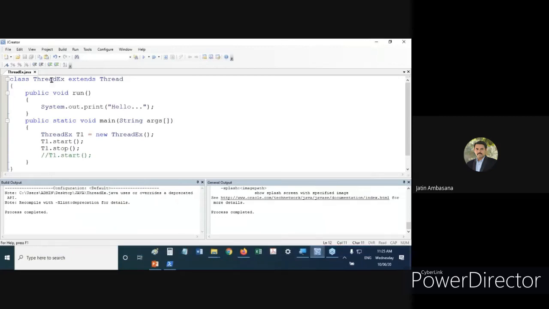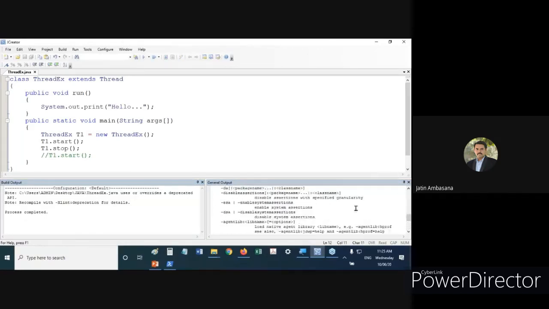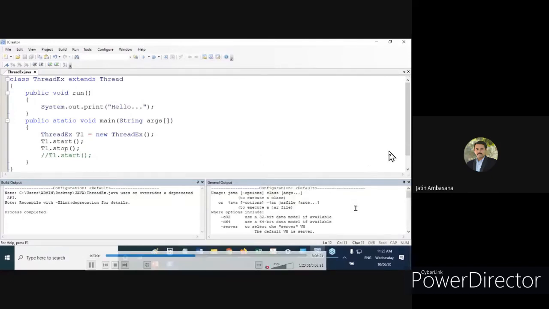If you don't use that start, it will work properly. If we just remove that start, it will simply say process completed. You can see process completed is printed.